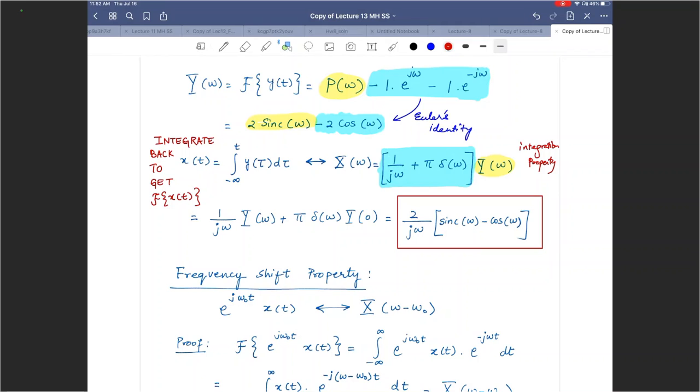We used the standard Fourier transform pairs along with linearity property and time shift property as and when necessary. Then we put together the Fourier transform of the derivative of the signal. Once we have that, to go back, we need to use the integration property